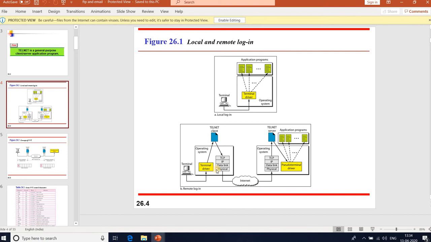NVT stands for Network Virtual Terminal, and it delivers them to the local TCP protocol stack. Commands are text in NVT form, travel over the internet and arrive at the TCP/IP protocol stack at the remote machine.